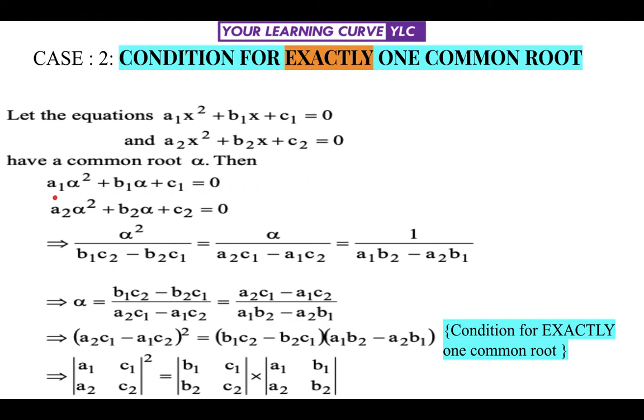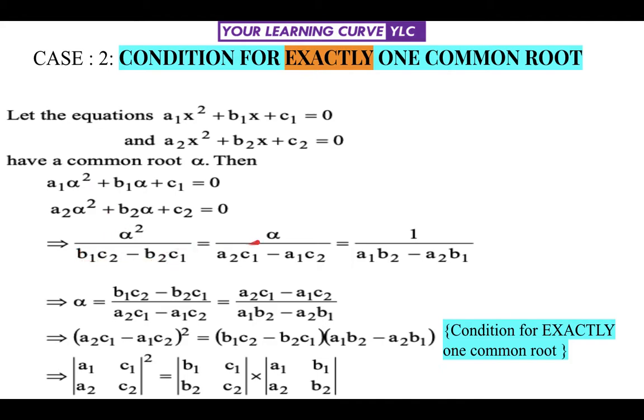So on satisfying, we'll get a1 alpha square plus b1 alpha plus c1 equal to 0 and a2 alpha square plus b2 alpha plus c2 equal to 0. Remember, here alpha is a constant number which we need to calculate. So here you can use many methods: cross multiplication method, substitution method, or solving simultaneously. Basically you can consider alpha square as one variable and alpha as another variable, two equations and two variables, and you can solve it. So if we use the method of cross multiplication, we get alpha square upon b1 c2